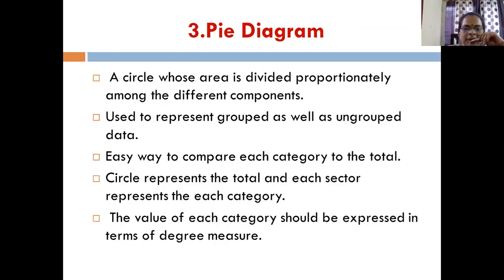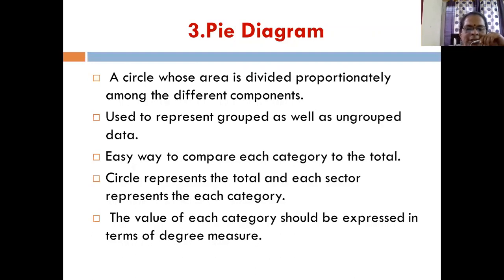Then we have seen different examples of statistics data, just like the number of schools, or enrollment of students according to SC, ST, OBC. That also you can represent using a pie diagram. So whatever be the data, you can represent it by a pie diagram. And it is also very easy to understand. In the newspaper also you might have seen a pie diagram, which represents things very simply, and any person can understand it very easily.